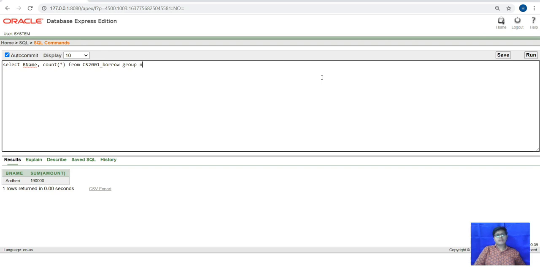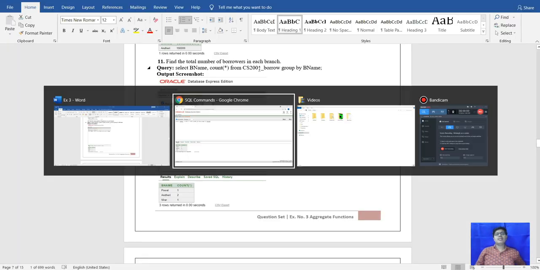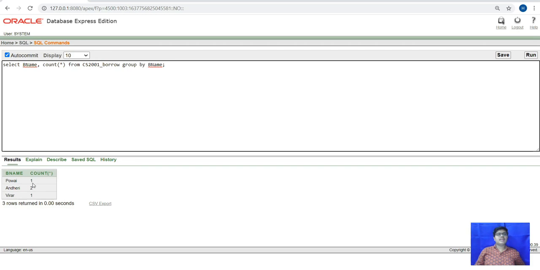When we run, we get this output: all the bnames listed with the total number of borrowers. So for Powai that is 1, Andheri 2, Virar 1.